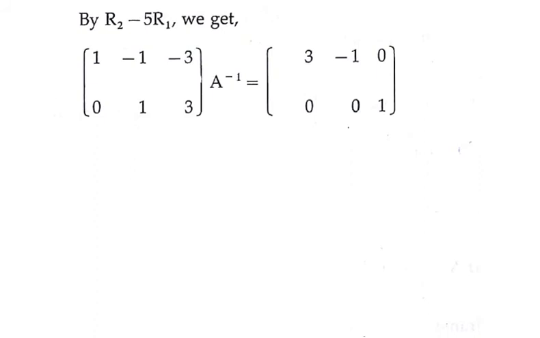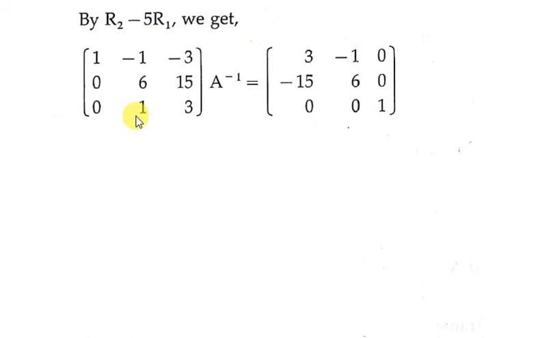Now let's begin finding the values one by one. By the equation R2 minus 5 times R1, we will get the first value 0, because R2 is 0 and R1 is 0. The next value we will get is 6. The next value we will get is 15 by using the equation R2 minus 5 times R1. In a similar way, on the opposite side we will get minus 5, so minus 15, 6 and 0. So this is the way we convert the first column to 1 0 0.